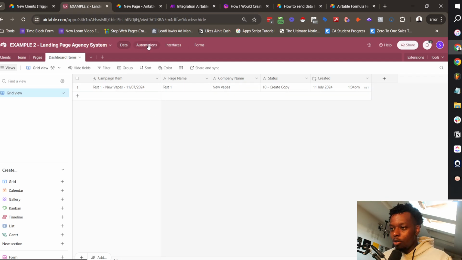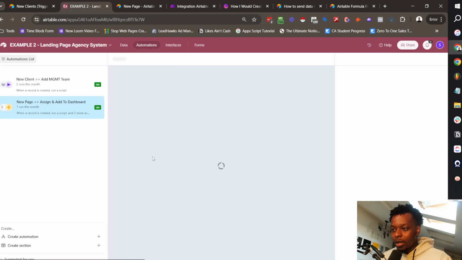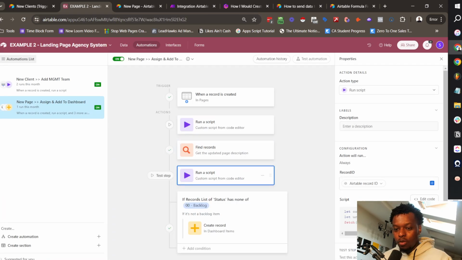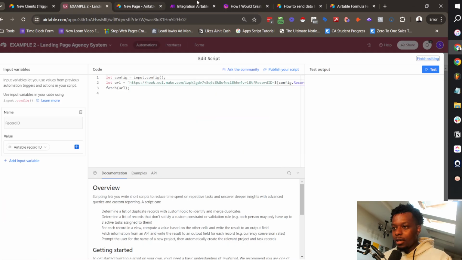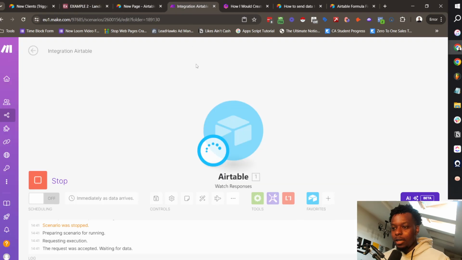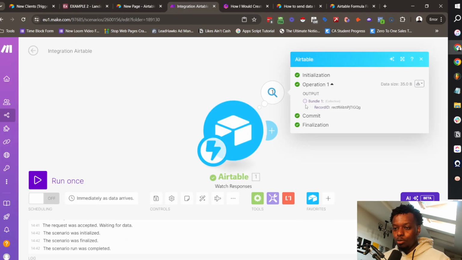So we now go back into automations and then we run the whole thing. So if we just run the script and then I think I've already got it running. Yep. So it's already running there. You would just run the module only so that you can get the information from it. Click on test, taking its time, you give it a couple more seconds and then boom, we now have the